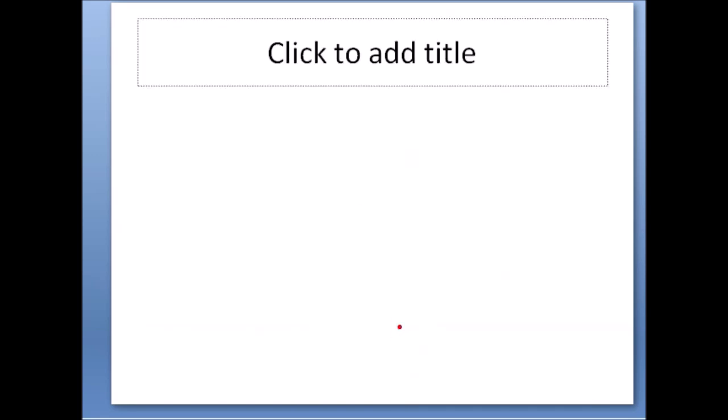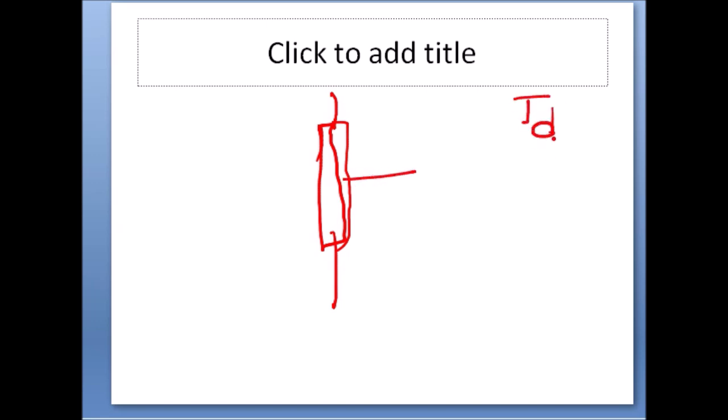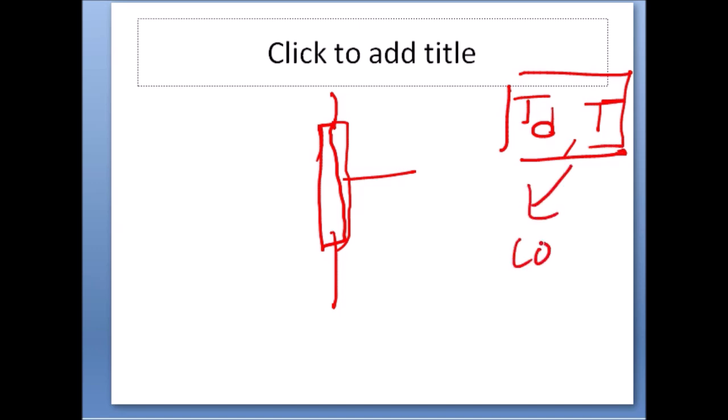Now let us say this is our sleeper and this is the center line. Once we know TD and once we know the temperature at site, the code suggests